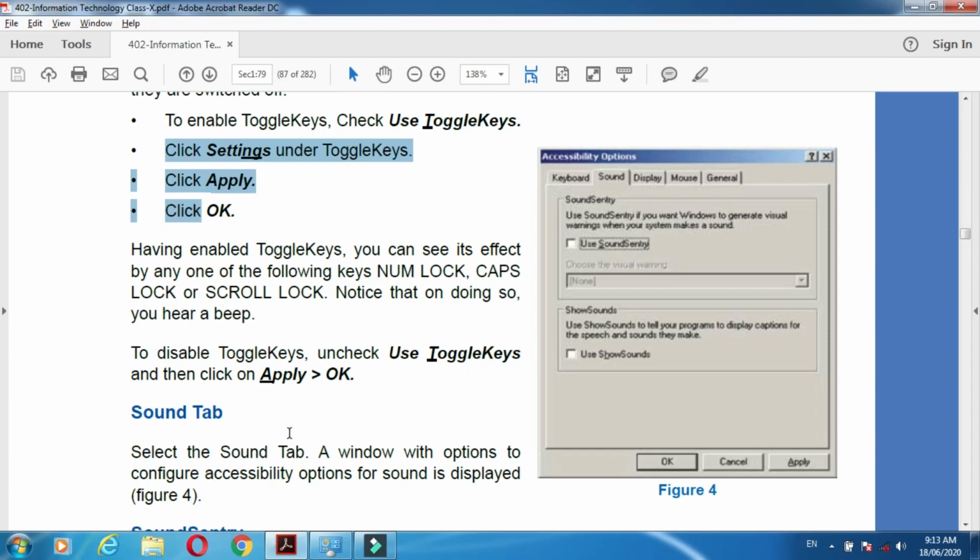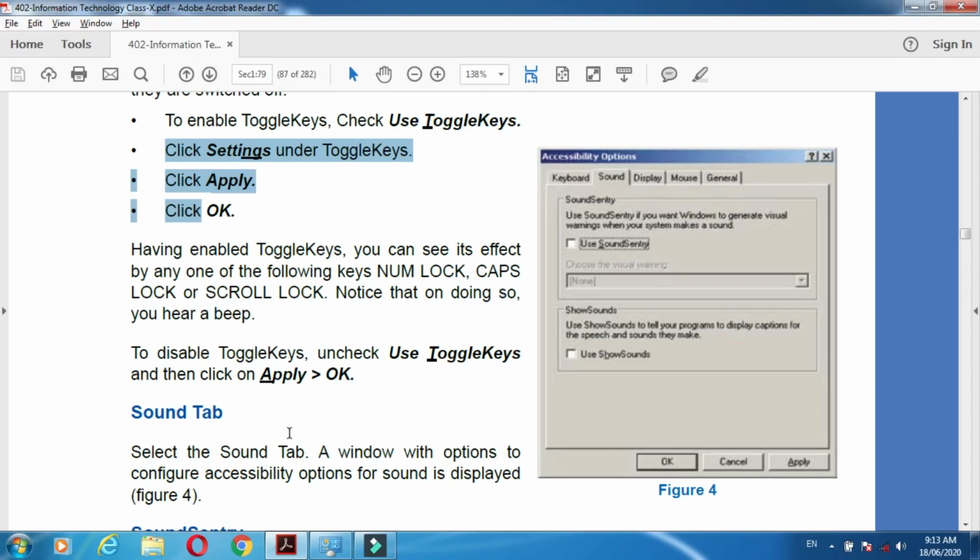Have you heard the sound? In this way the sound is emitted, and we can understand that by mistake we are pressing the toggle keys, caps lock, scroll lock or num lock.